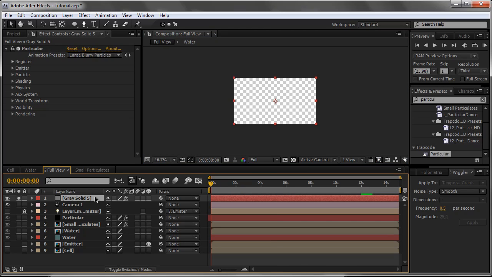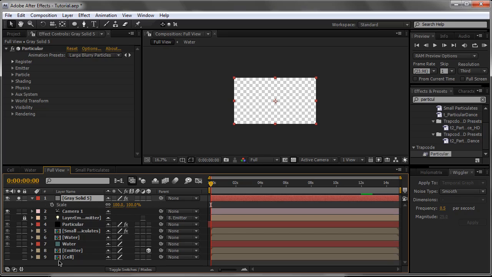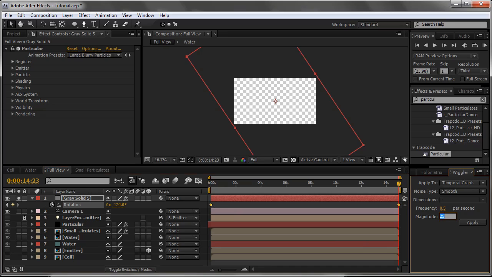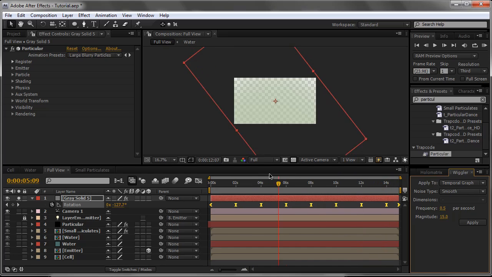So we're going to do something kind of similar to what we did down here with small particulates. We're going to scale this up to maybe 210 or so, and we're going to change the rotation until we are about there. That looks nice. And again, we're just going to use the wiggler to rotate. So let's just turn the magnitude for this one down to about 15, and then hit apply. So now we have these larger particles passing in front of the camera every once in a while,